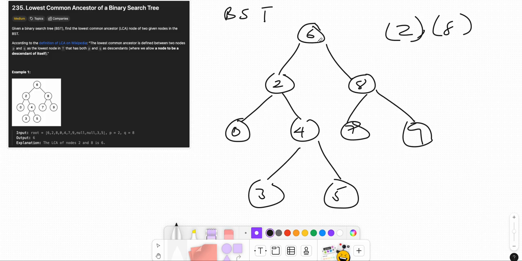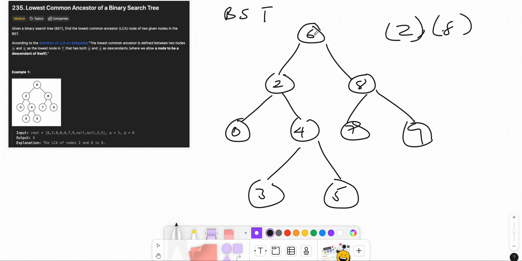In the binary search tree, if one number is on the right side and the other number is on the left side, it means the lowest common ancestor is the node in between them, right? So if the node is between our two numbers, that is the lowest common ancestor, because the lowest common ancestor is